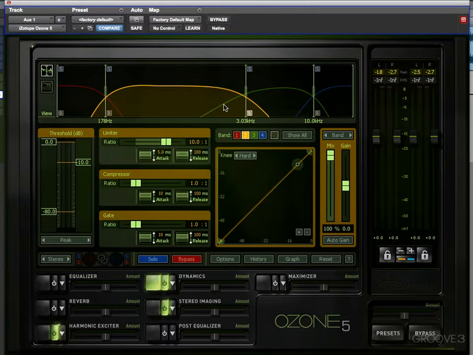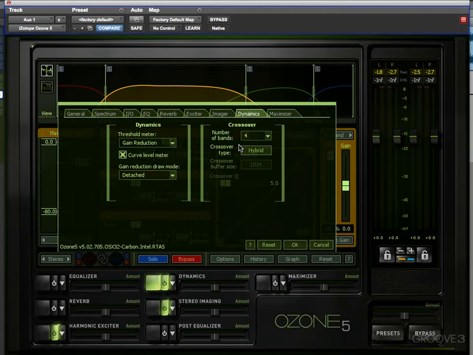So let's go back into the crossover options again. And we can see here there's 3 different crossover types. At the moment it's on hybrid, and if I click out of there, analog, and if I click out of there, digital. Now, these are 3 different ways the crossovers work. The slopes on the roll-offs in the analog mode are typical of those of old analog equipment, and while not being sort of accurate in a technical sense, they have a certain character and sound to them that is actually very pleasing for our ears, but isn't necessarily absolutely technically spot on, as opposed to digital, which is much more technically spot on, but has a trade-off, and that trade-off is a higher DSP usage and also a higher latency,